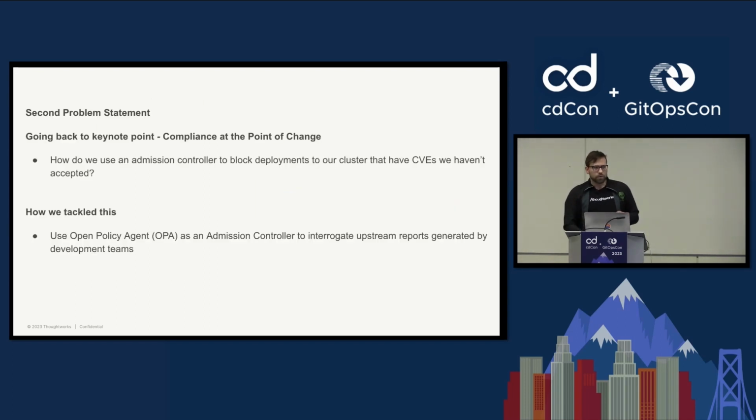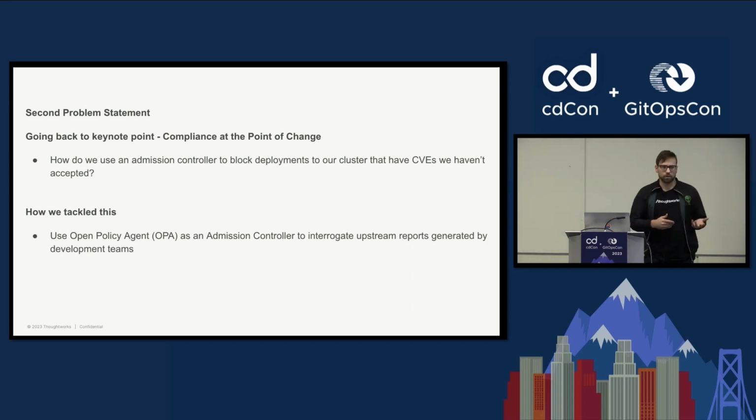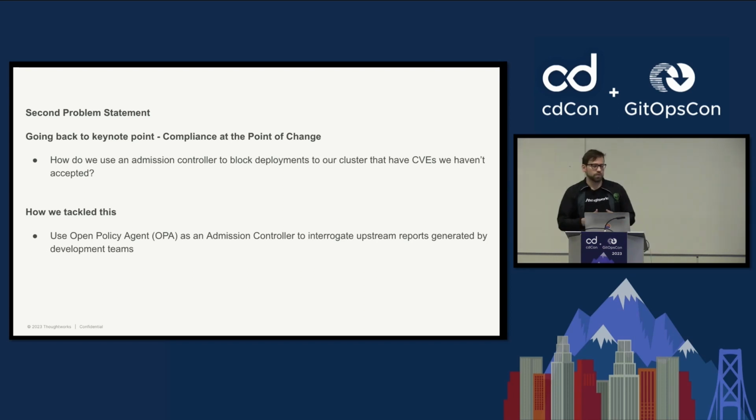Now, the next thing we want to do is tie that to what we talked about earlier today in the keynote, compliance at the point of change. So what I mean by that is not only do we want to auto-update our images, but we also want to block deployments that are trying to deploy things that are vulnerable. So not only are we giving those development teams a way to auto-upgrade, but we're also going to make security happy by blocking at the point of change, the cluster, the ability to deploy anything that's vulnerable past maybe a